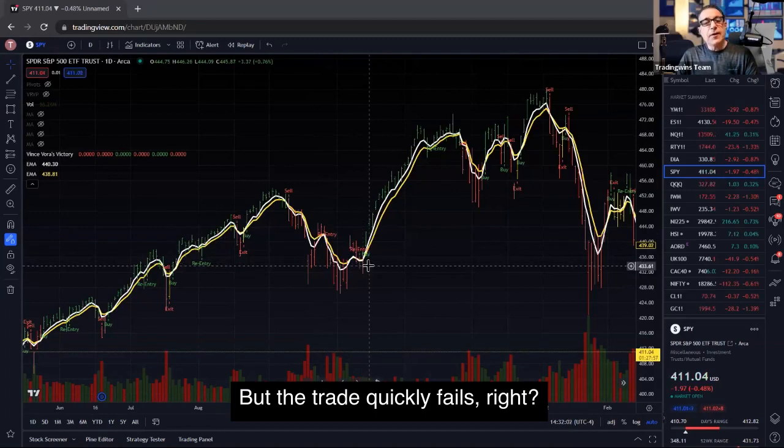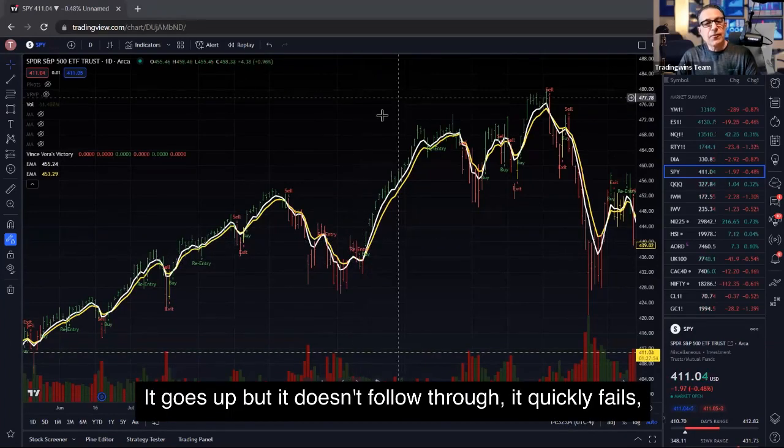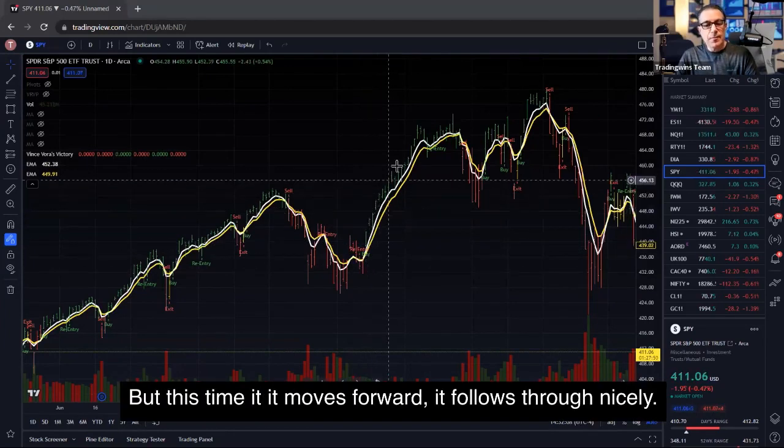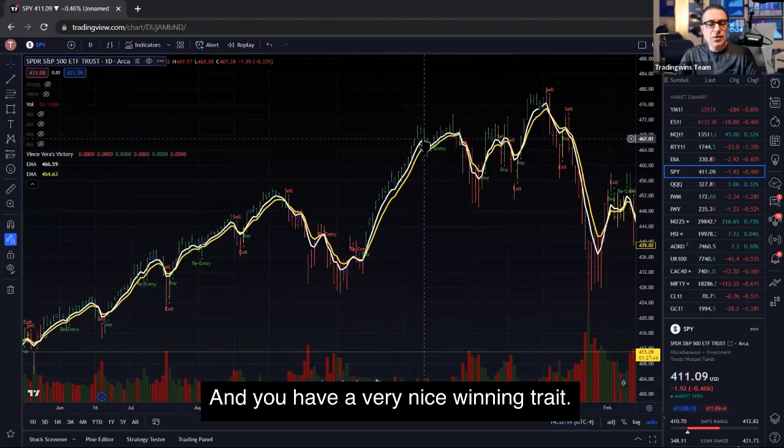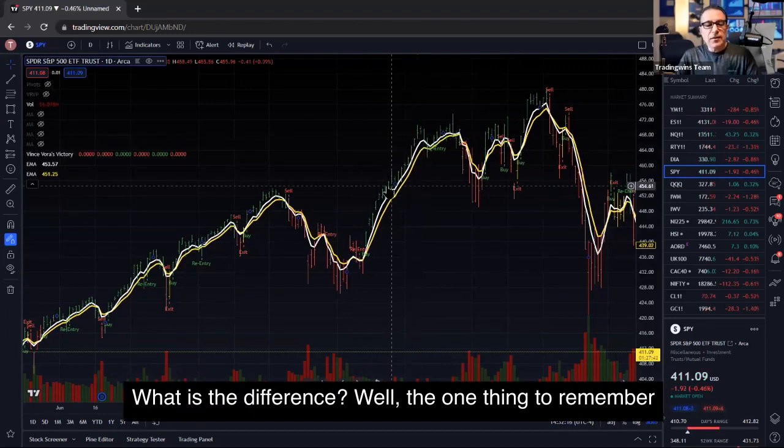But the trade quickly fails, right? It goes up, but it doesn't follow through. It quickly fails. Then it crosses, but this time it moves forward. It follows through nicely, and you have a very nice winning trade. What is the difference? Well,